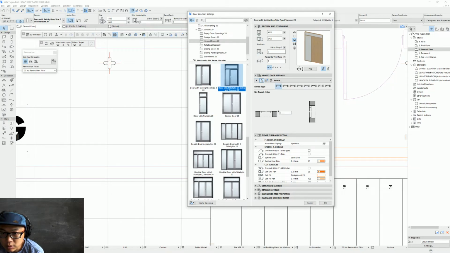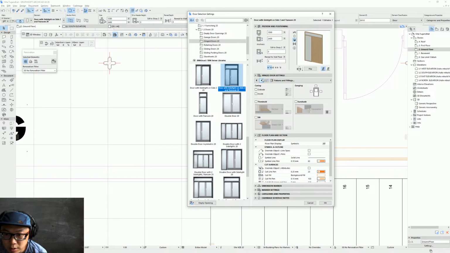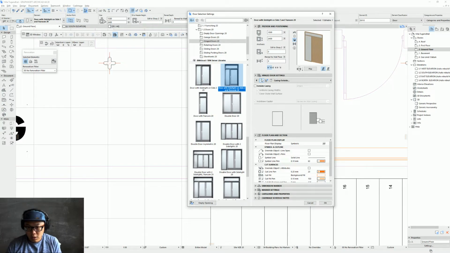Let's see. Doesn't seem like we're going to have one at the corner. So yep, if you don't have that,